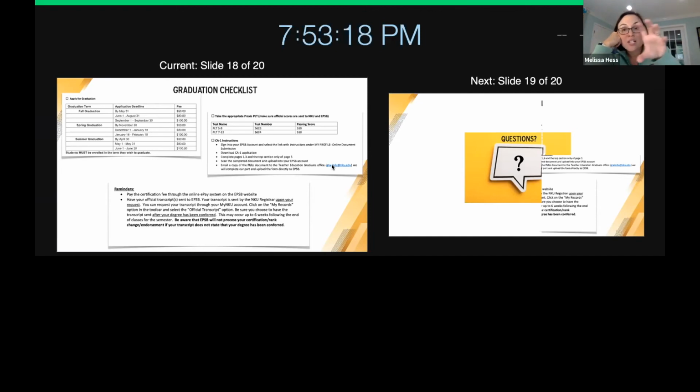This whole graduation checklist is also on the NKU Canvas or the MAT Canvas page. In modules, I think the very top one is for 693 folks, and there's how to write a resume, how to write a philosophy, and underneath that is for student teachers and the graduate checklist. So what questions do you all have about this?